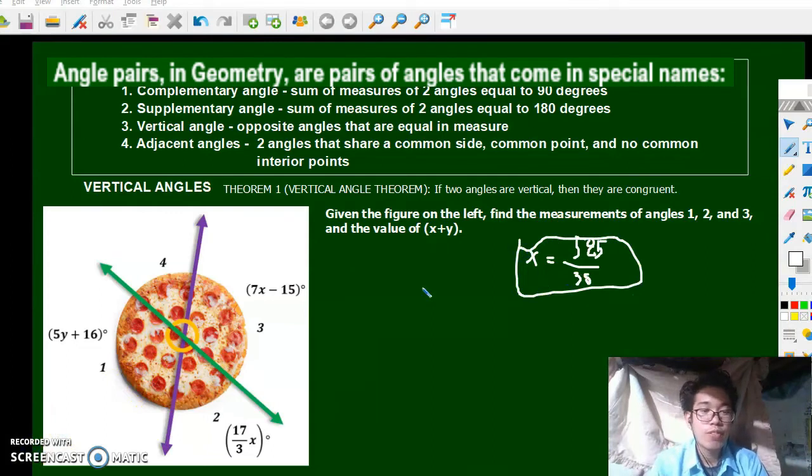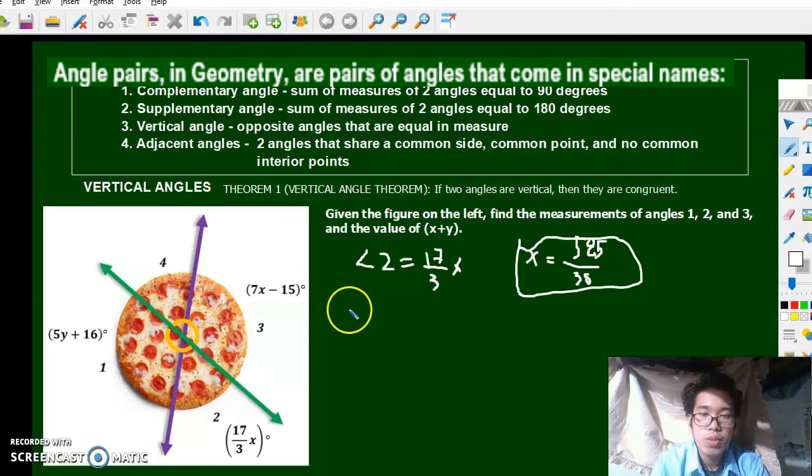Okay, so now that we solved for the value of x, that's 585 over 38, we can substitute that value to get the measurement of angle 2. So what's the measurement of angle 2? That's simply 17 over 3x. So what we do here is we substitute the value of x, which is 585 over 38. So the measurement of angle 2 is equal to 17 over 3 times the value of x,